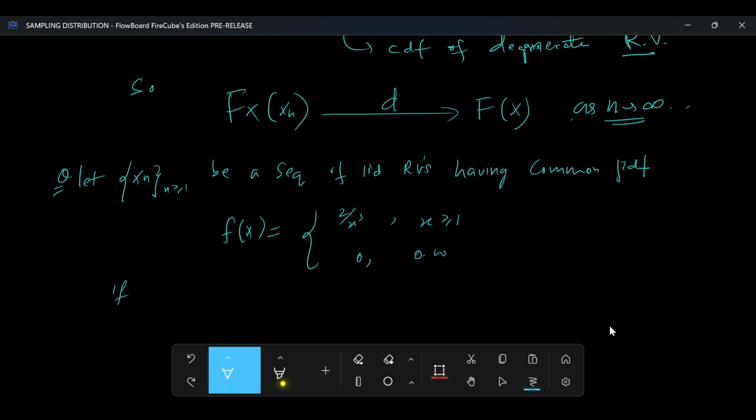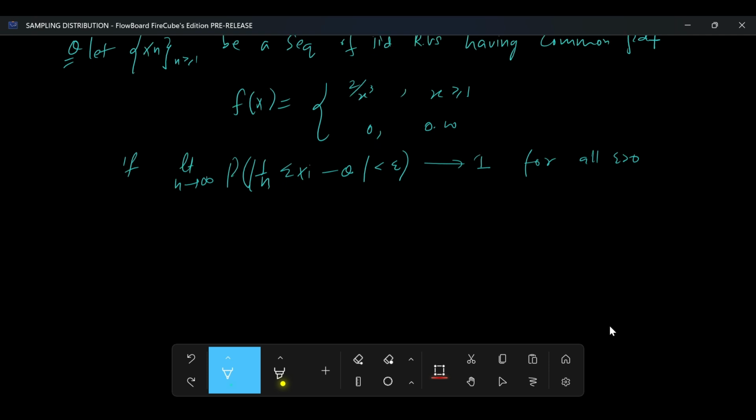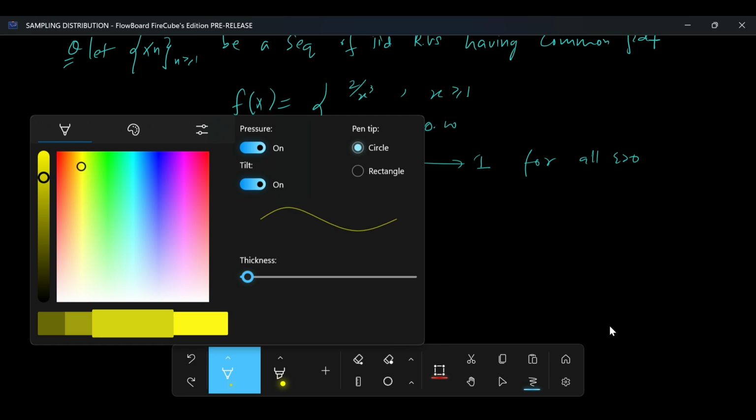If limit n tending to infinity, probability of |1 by n summation xi minus theta| less than epsilon will converge to 1 for all epsilon greater than 0, then find theta. This is a convergence in probability. As I said earlier,